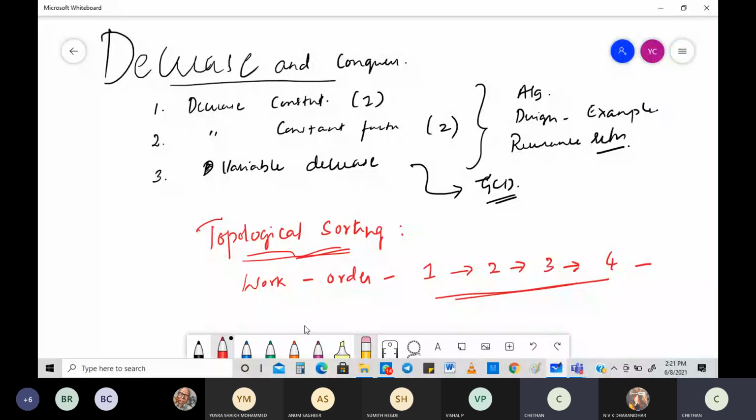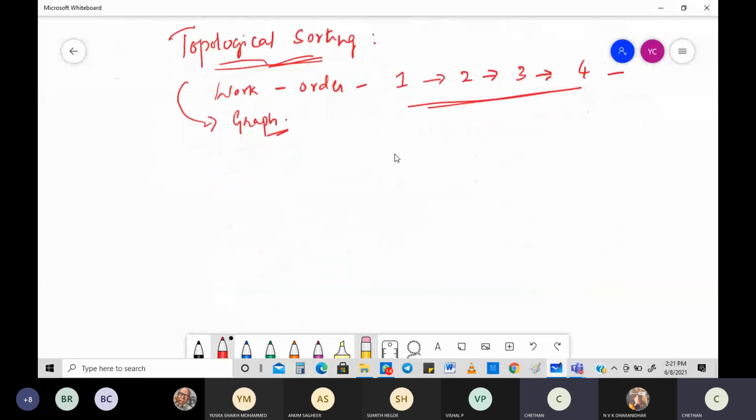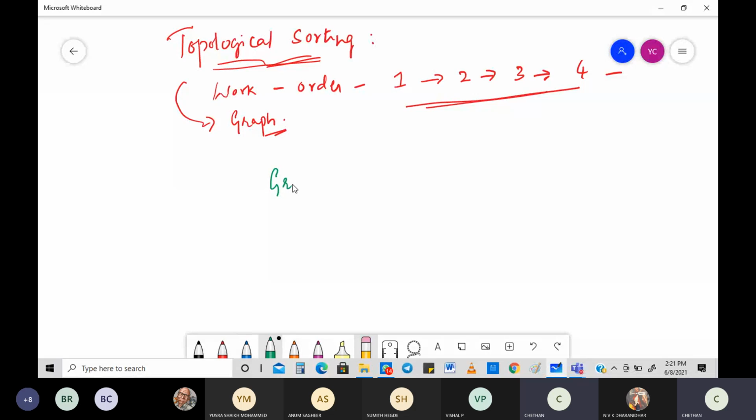For this we take an example with regard to a graph. What are the constraints you have to keep in mind here? Because we are taking an example of a graph, there are two constraints that become very important. The first thing is the graph needs to be a DAG, which basically means a directed acyclic graph.